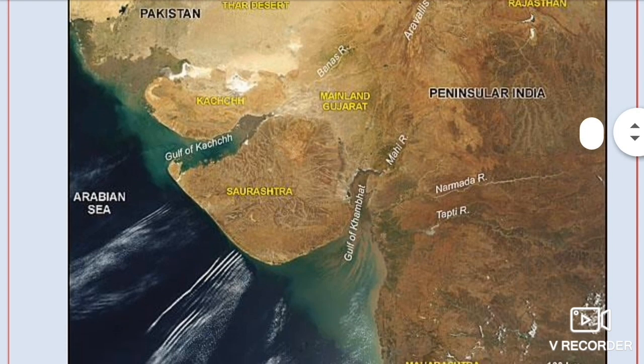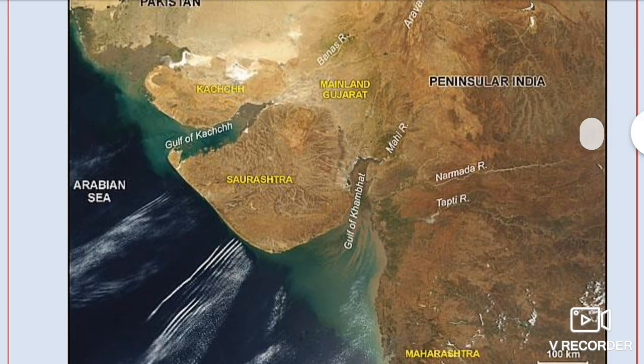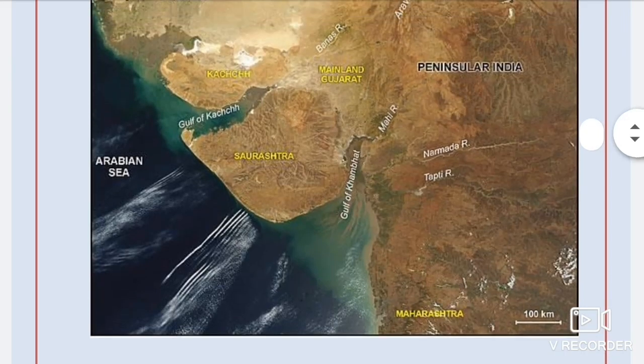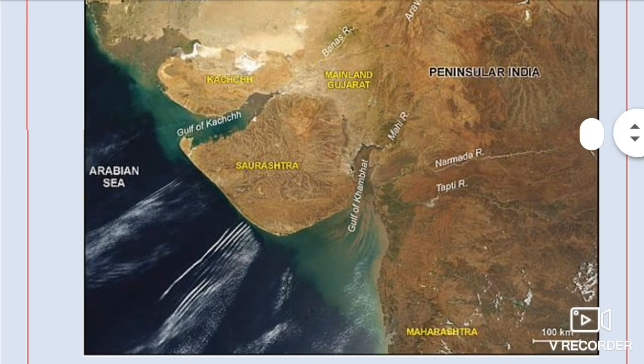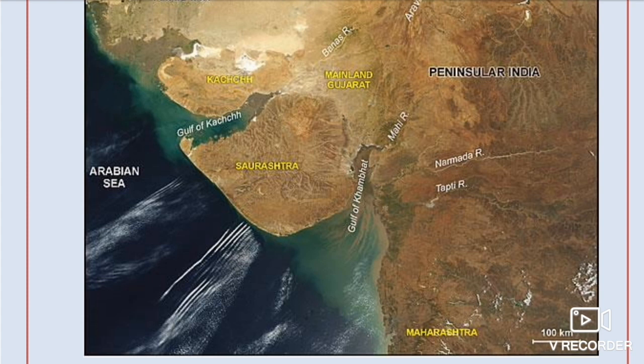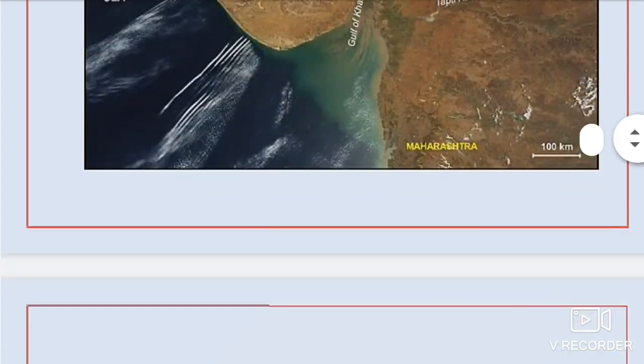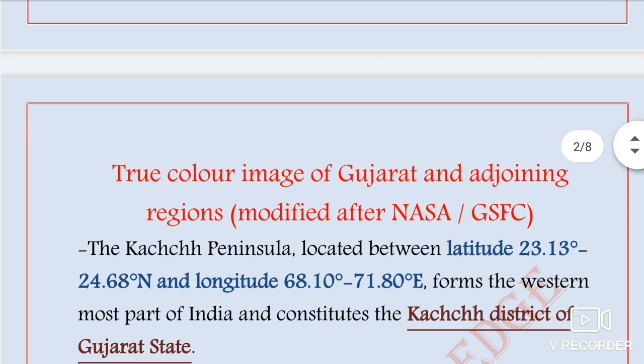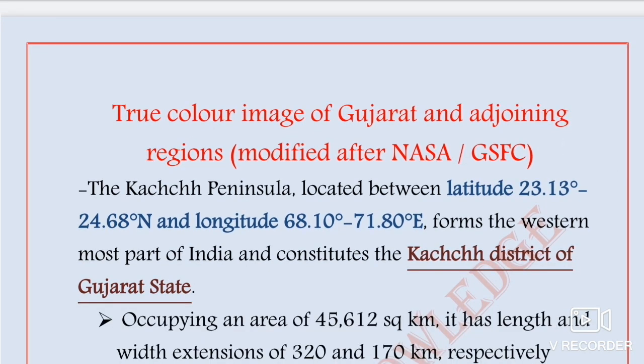But before we start our discussion, let's look at this figure. As you can see in the map, the Saurashtra and the Kutch area, and the Gulf of Kutch, which is separating the Kutch and Saurashtra region, and the Gulf of Khambhat, and the mainland of Gujarat. This is the true color image of Gujarat and adjoining regions that was modified after NASA or the GSFC. Okay,